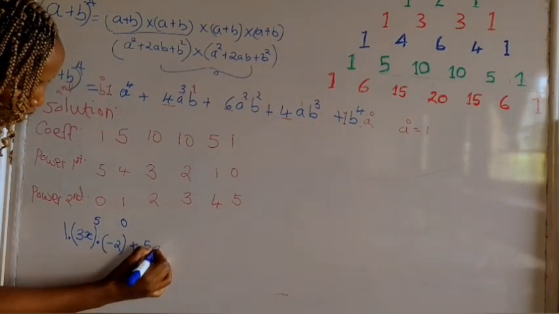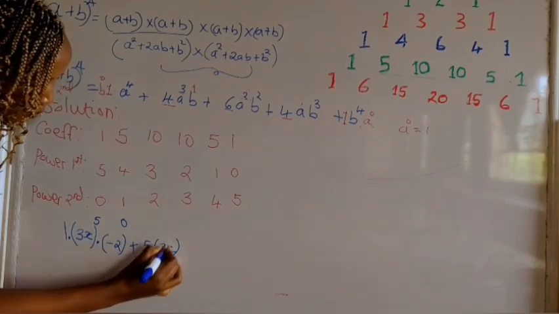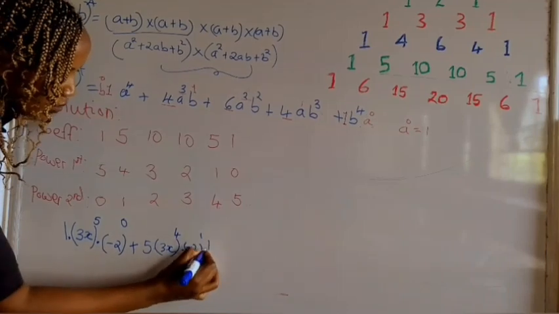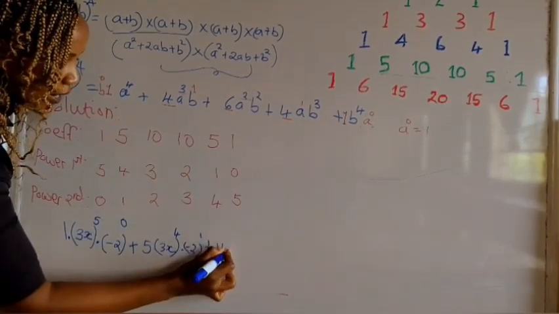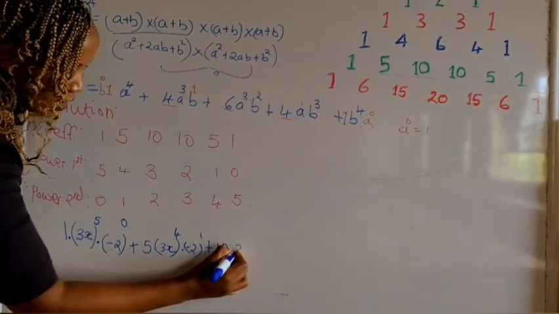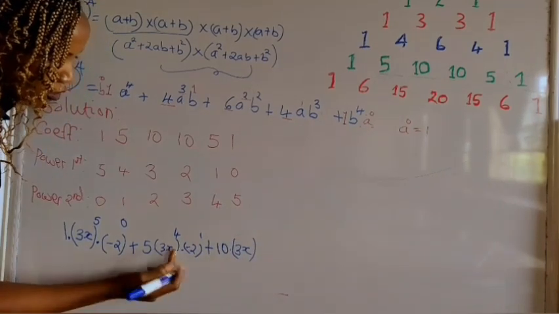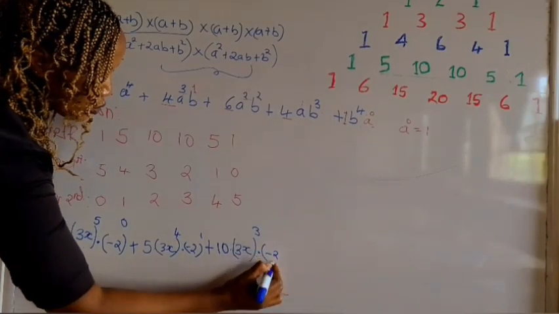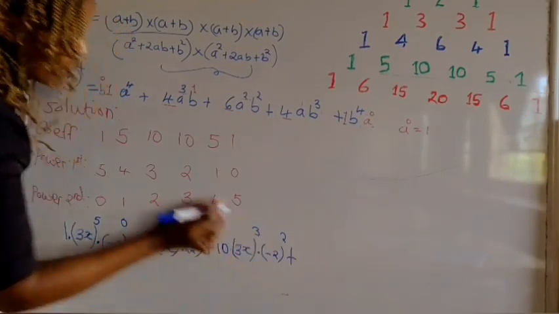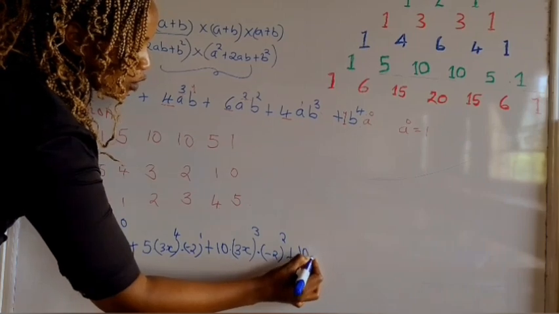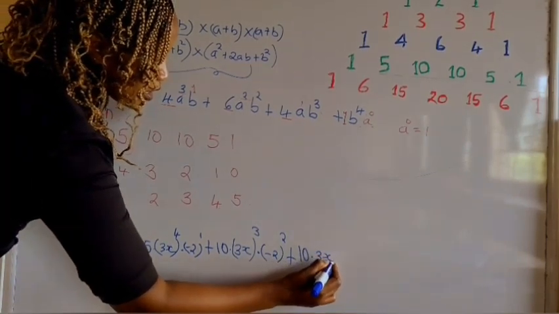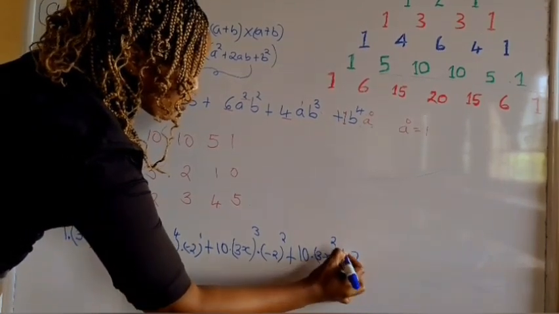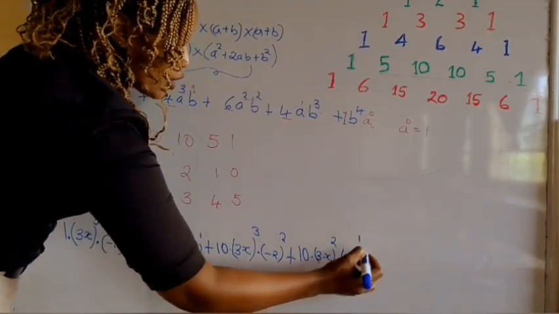So very first we can have 3x power 4 dot negative 2 power 1, then plus coefficient 10 dot 3x decreasing from 4 to 3 dot increasing negative 2 to power 2 plus coefficient 10 dot 3x power 2 dot negative 2 power 1 plus